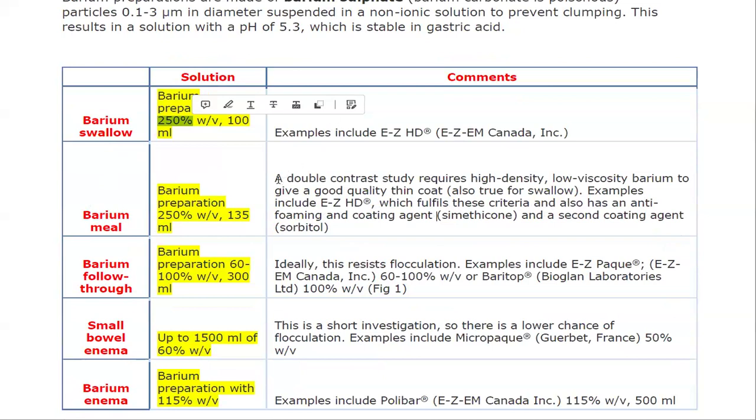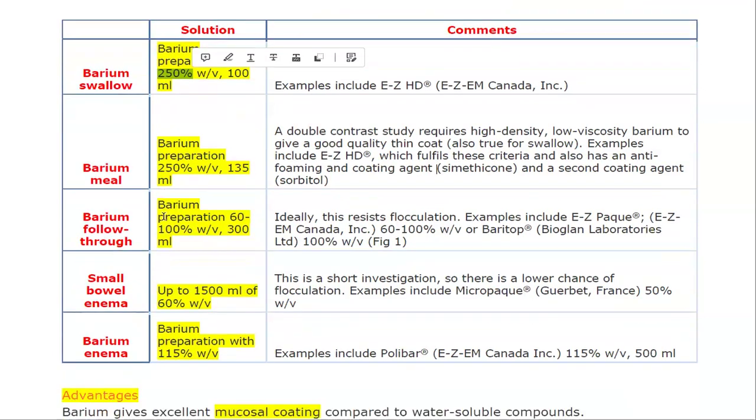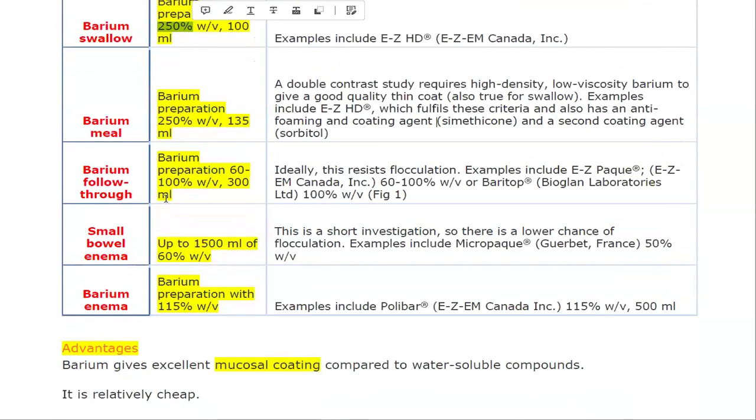As he told here, a double contrast study requires a high density, low viscosity barium to give a good quality thin coat of the mucosa. So to define the mucosa itself, you need a high density and low viscosity barium, which will be in the 250 concentration. If you are going to use barium follow-through, it's more liquid, so you need a lower concentration, like